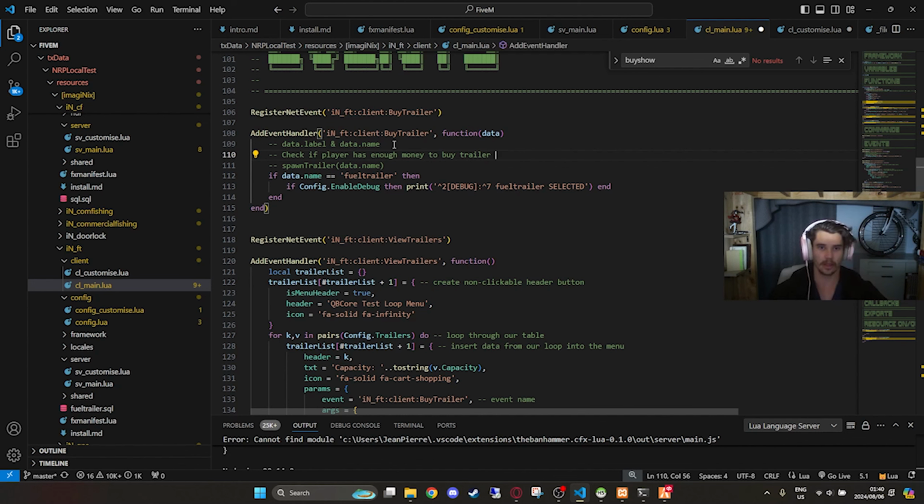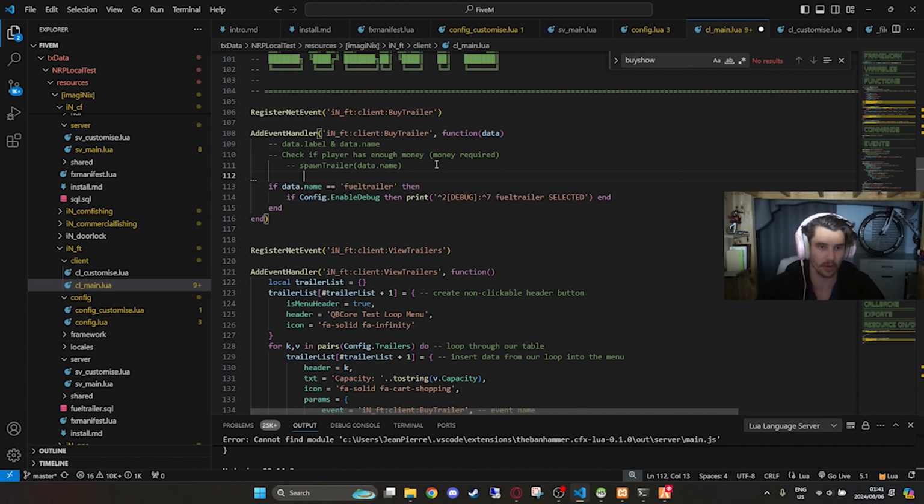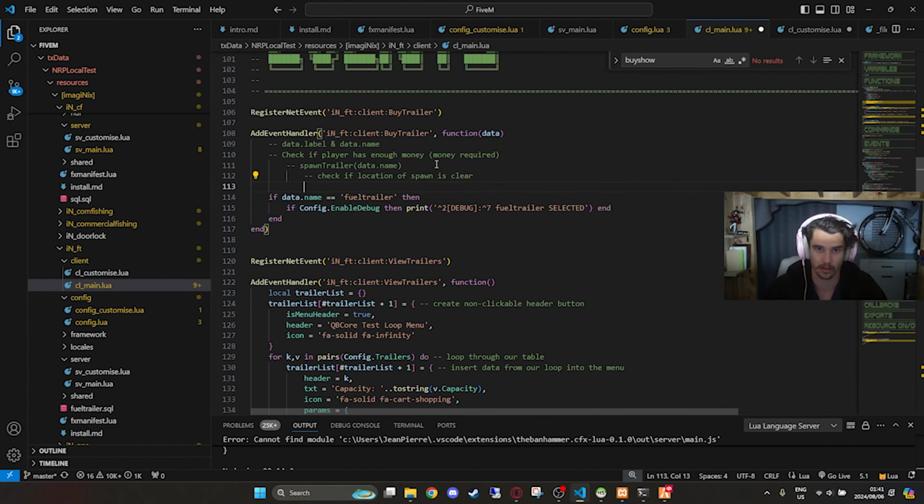So has enough money, so money required. Okay, check if he has enough money. If he has, we're gonna spawn the trailer. When we spawn the trailer, we need to check if location of spawn is clear. Right, then if it is clear,